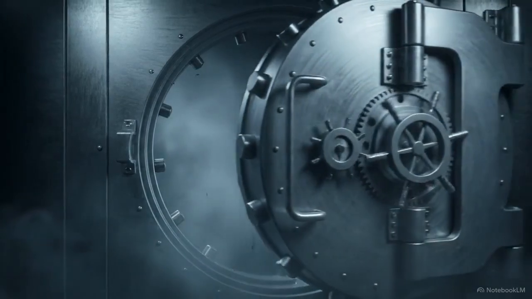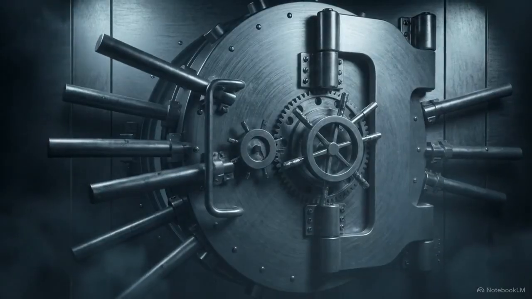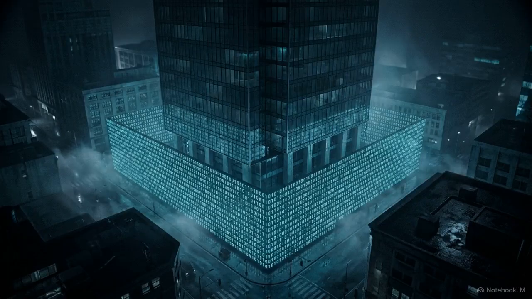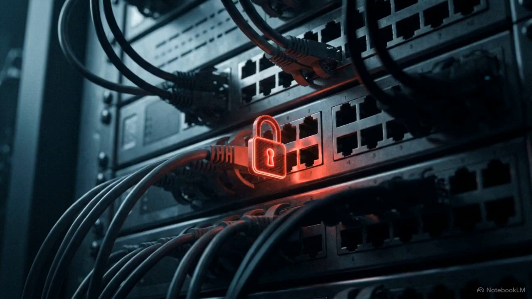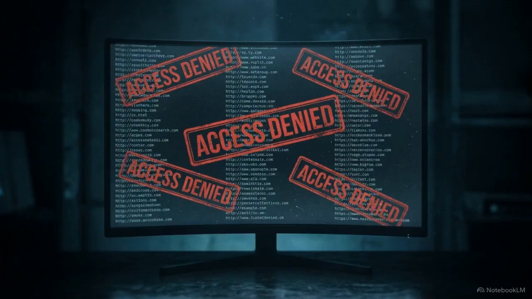Most corporate cybersecurity strategies start with this image, a massive, impenetrable vault sliding shut and locking into place. Companies pour millions of dollars into maintaining these digital walls. They set up rigid network firewalls, physically disable USB ports on laptops, and blacklist thousands of suspicious domains to secure